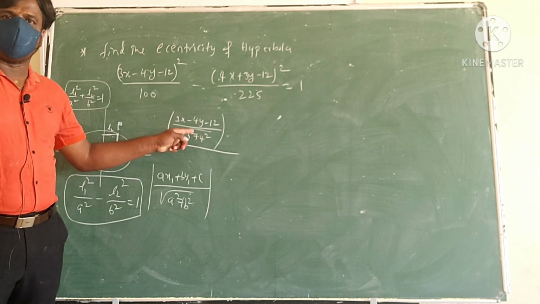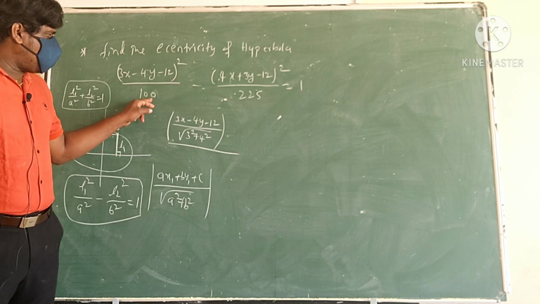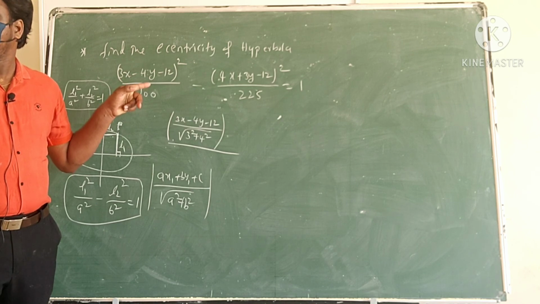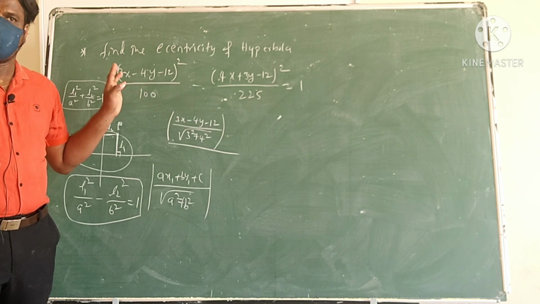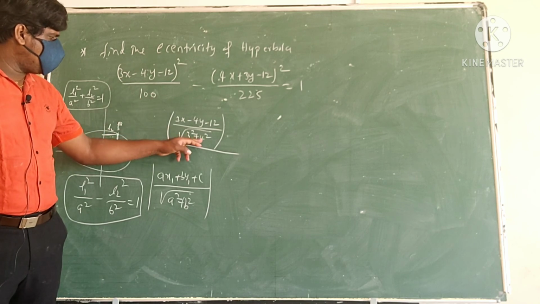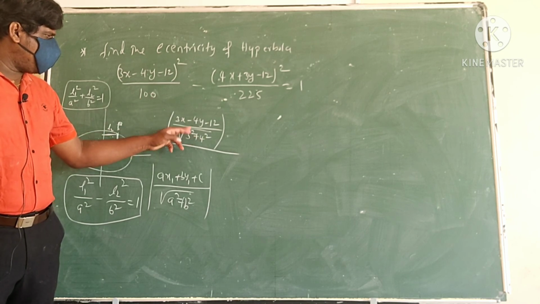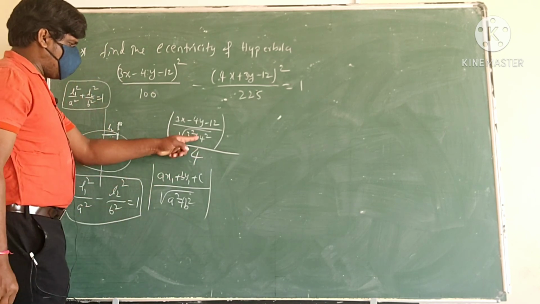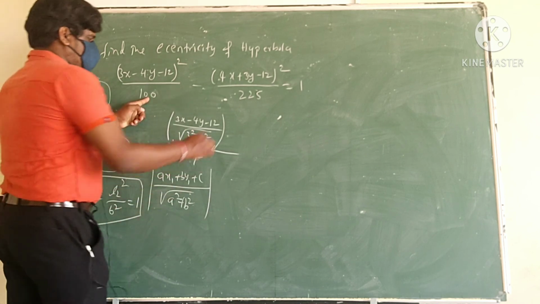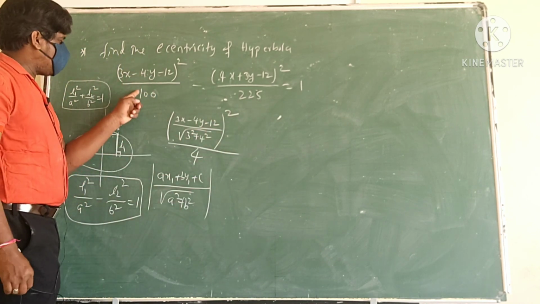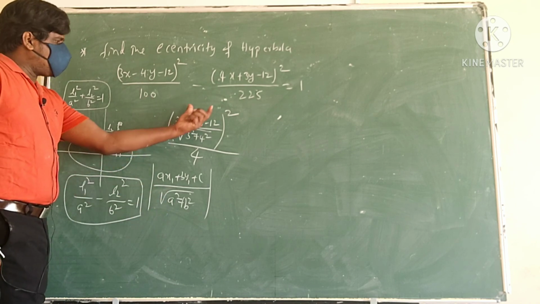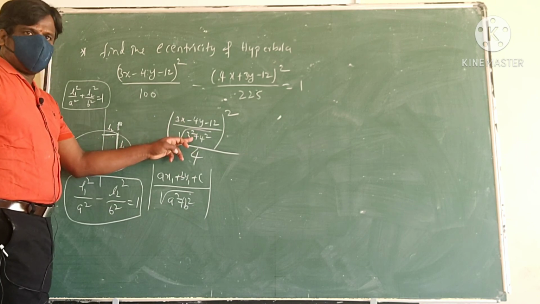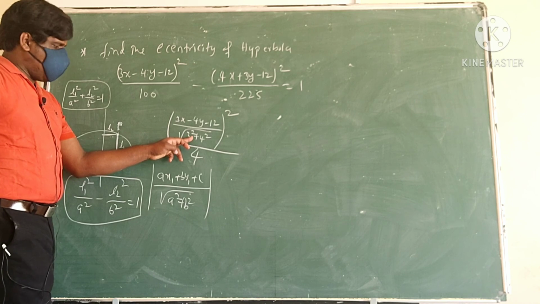This is 25, so root is 5. 5 means 25 divided by 5. 16 plus 9 is 25, 5. So 25 means I will get a divide by 4 here. Then only 25 into 4 I will get 100. Are you getting it? This is nothing but under root of, I am using this format. So for this square I have to get 100, this 5 into this 5, how much will you get? Root 5, 5 into 4.